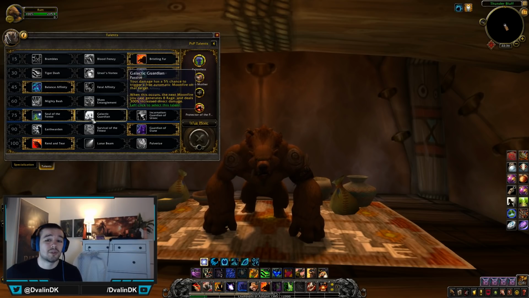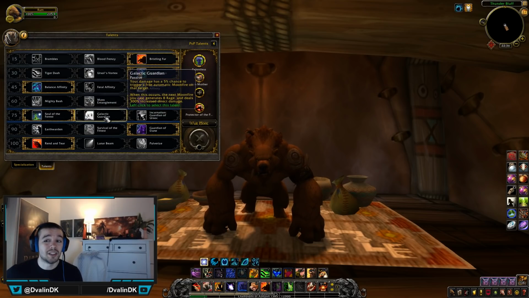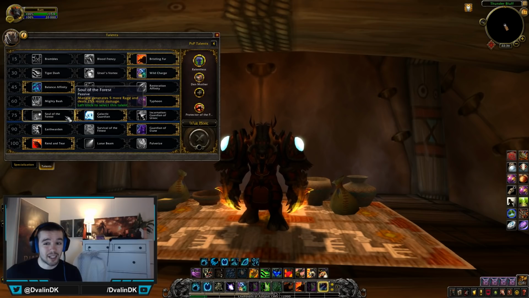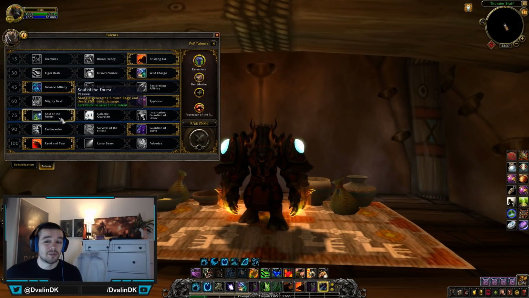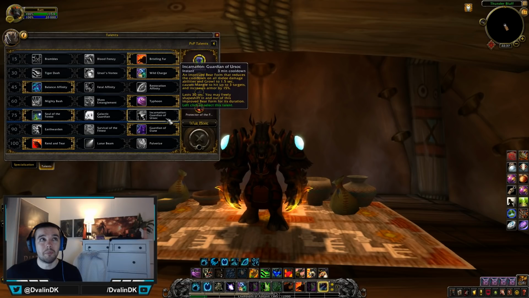But again, Soul of the Forest is the best one on single target, and every time it's more than 1 target, so 2 and up, Galactic Guardian will be the best one. So if you want to be best on the trash mobs in a dungeon, go with Galactic Guardian. If you want to be the best on single target bosses, go with Soul of the Forest. Probably in a dungeon I would go with Galactic Guardian, and in a raid I would probably go with Soul of the Forest. Incarnation is a really good burst cooldown,